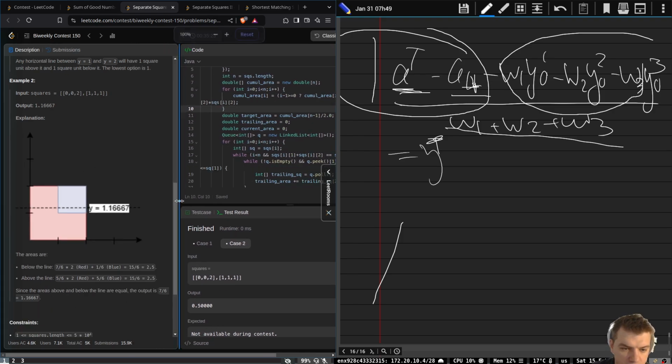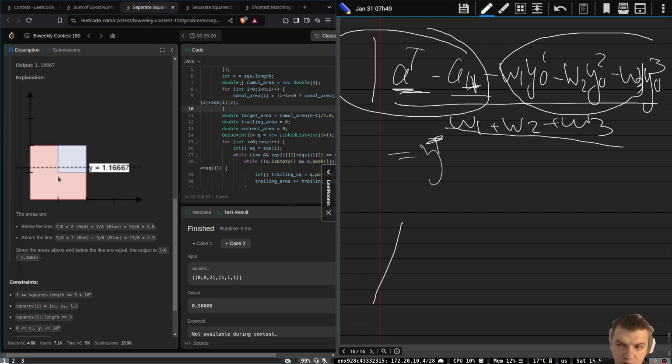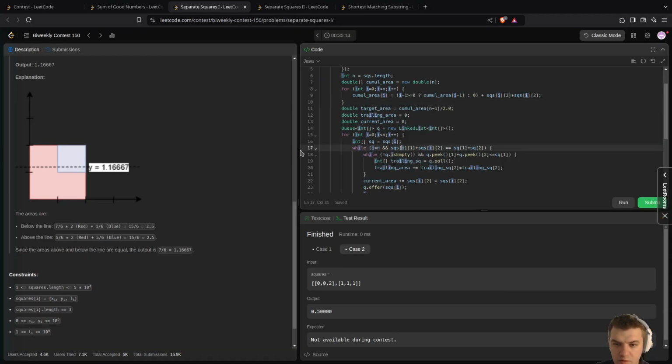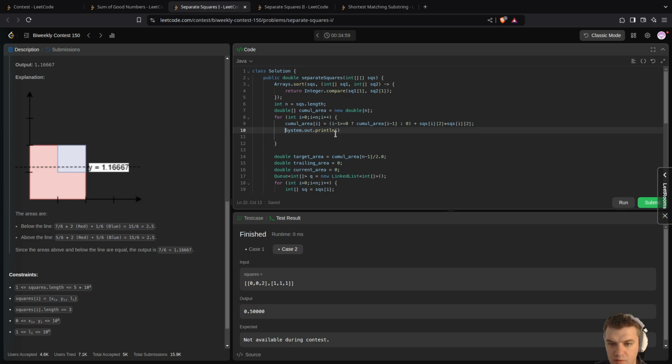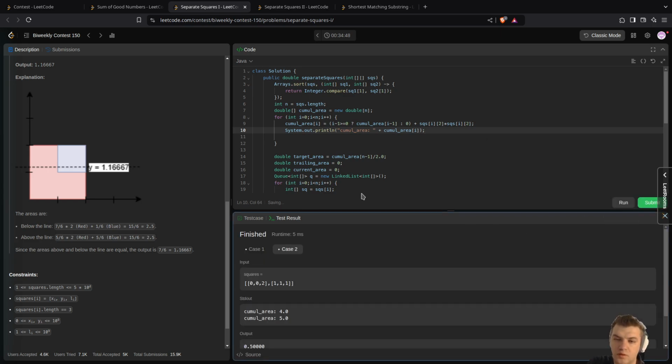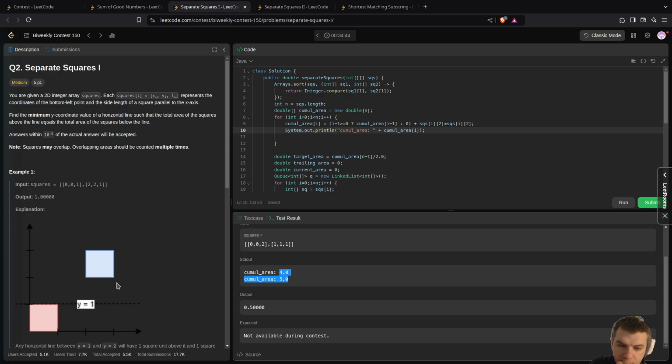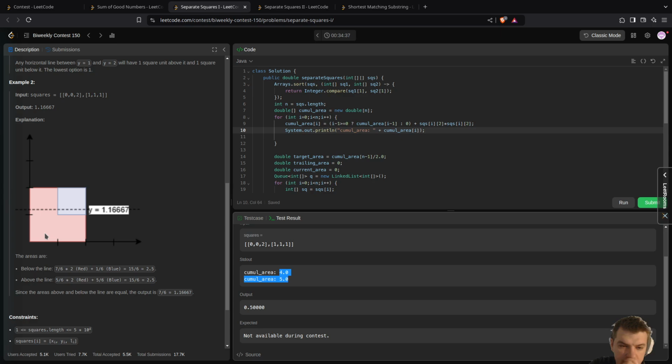So I have the squares. So if I this one, so cumulative area System.out.println cumulative area, what's gonna be here, 4 and 5. So here 4 and 5. It's first this